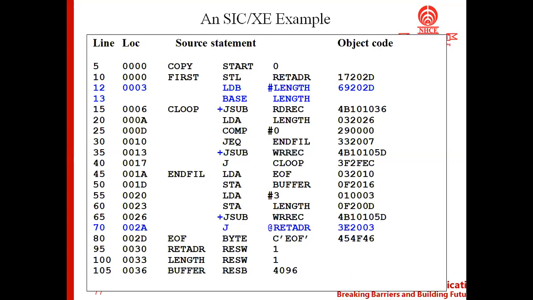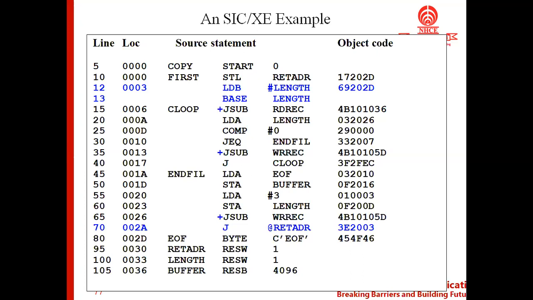So when you change from SAC to SAC-XC, definitely there is a change in instruction format as well as a change in the addressing mode. So the addressing mode depends on the instruction format. Okay. If you look at this program, it is an SAC-XC program. In both the programs, the one we saw in SAC and this one, the operation the program does is the same.